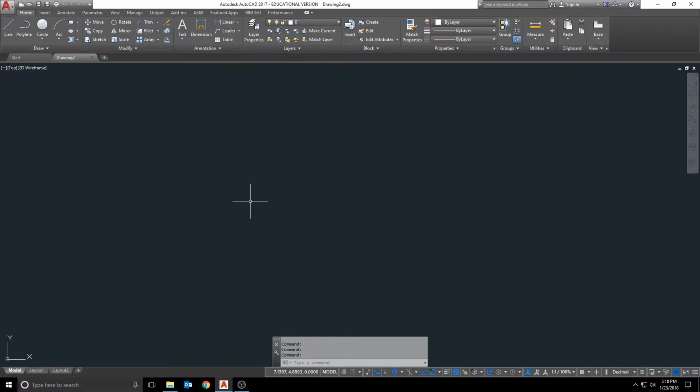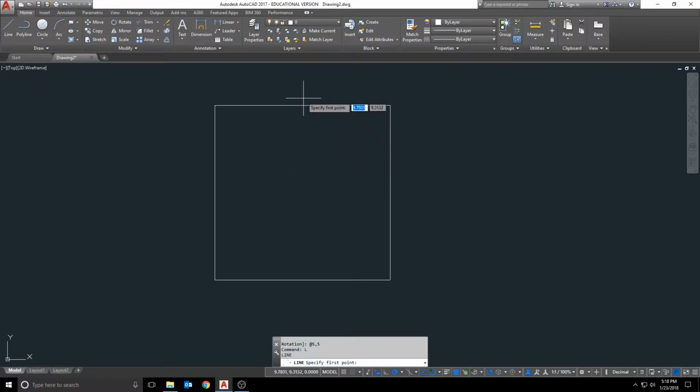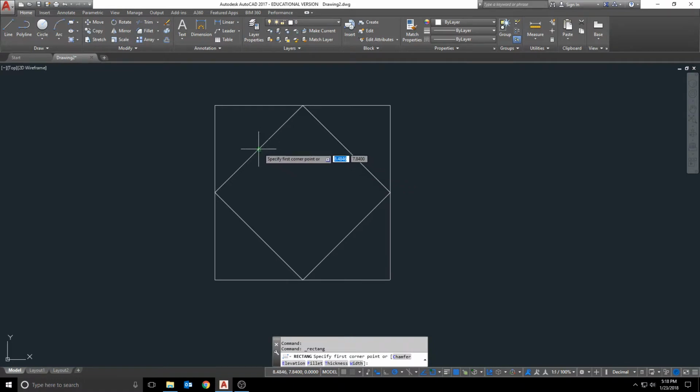Now, the first thing that I want to do is create this 5x5 rectangle that exists. So I'm going to go to the rectangle command and enter 5,5, and that puts in my rectangle. Now everything else in here I can do fairly easily, so I'm going to go to the line command, go from midpoint to midpoint to midpoint to midpoint, back up to the top, and then I can go back into my rectangle command and go from midpoint to midpoint to get the overall size and shape of this